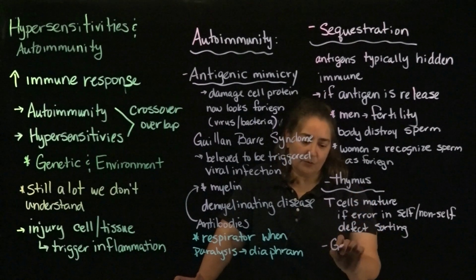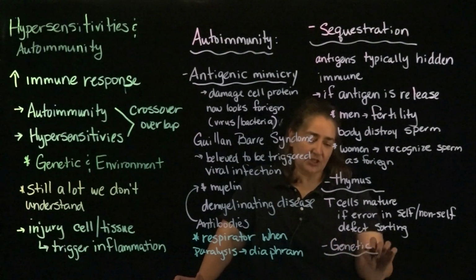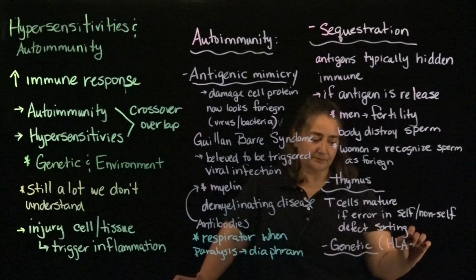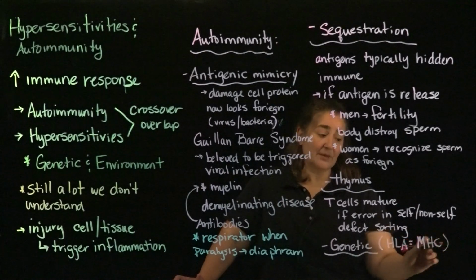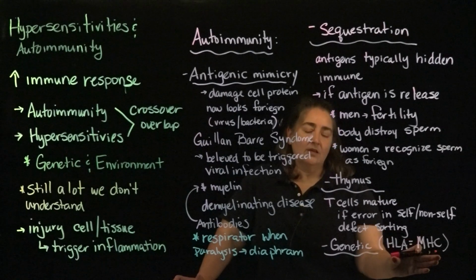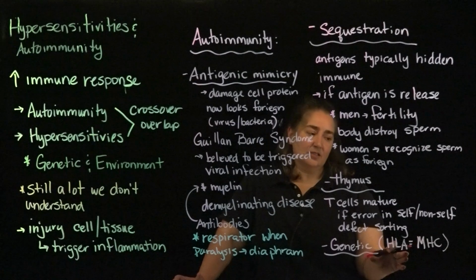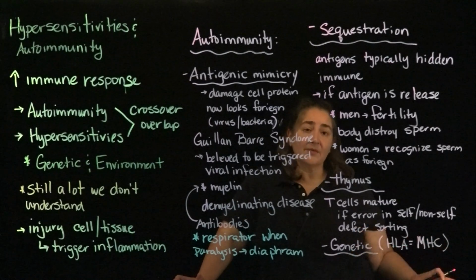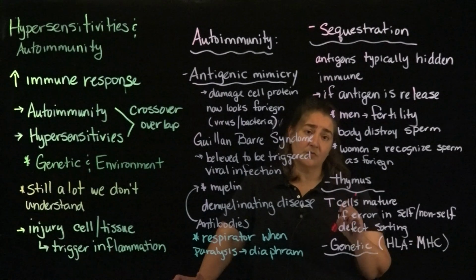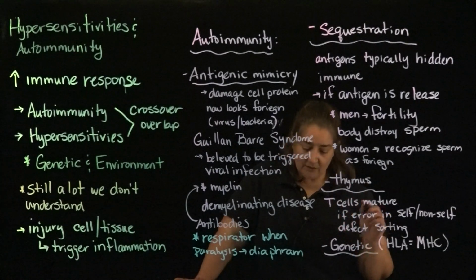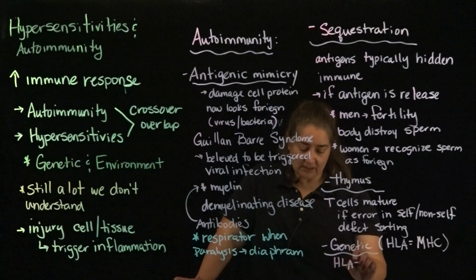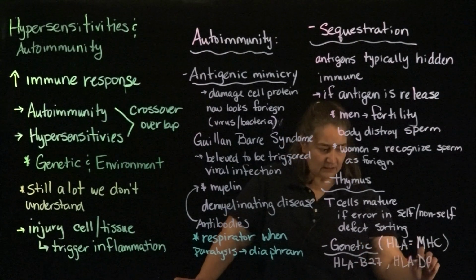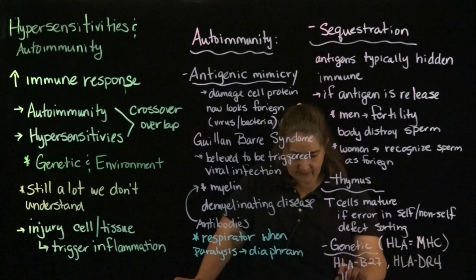then we'll briefly go over some of the genetic factors here. All right? So the HLA genes, or MHC genes that I talked about in a previous video, those HLA, that's human leukocyte antigen, major histocompatibility complex. There are some areas of the HLAs that are more prone to being associated with autoimmune disease. Some of those are HLA-B27, HLA-DR4, HLA